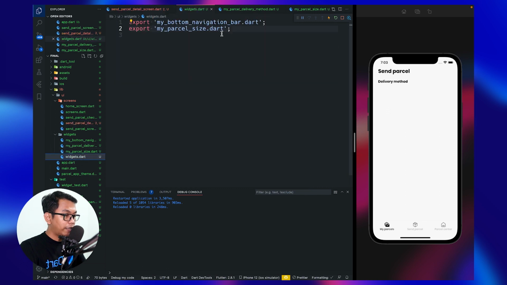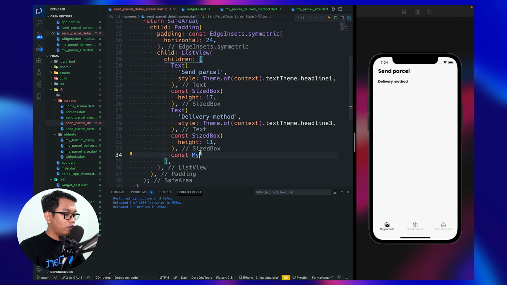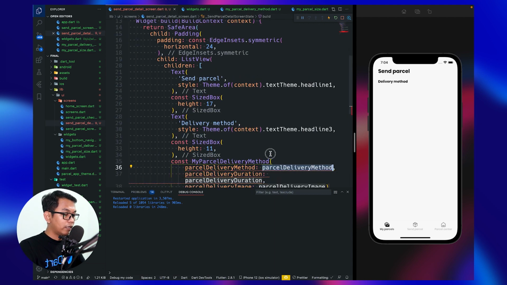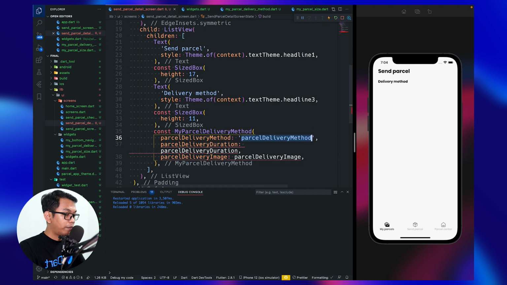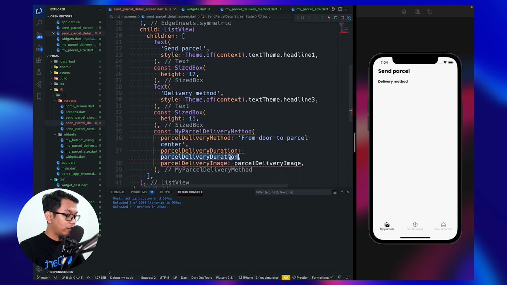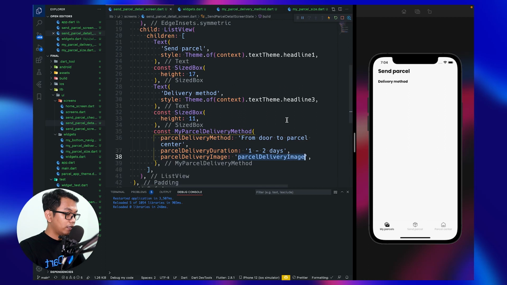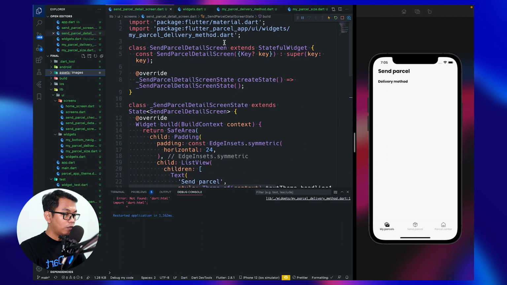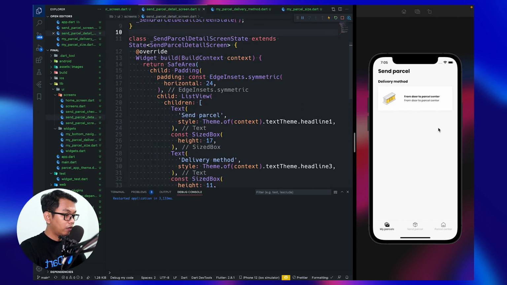But before that, make sure we have export MyParcelDeliveryMethod right here, and now we can easily call our widget right here, and we can pass this to from door to parcel center, and for duration 1 to this, and this image, search images, and restart. Whoa, remove this, and now we see, and when we tap it will look like this.